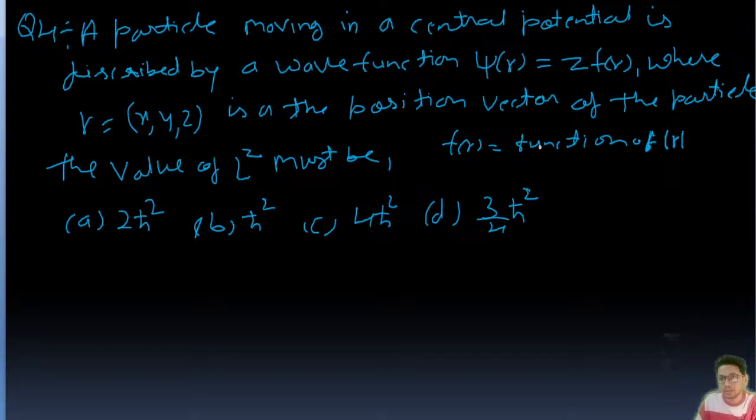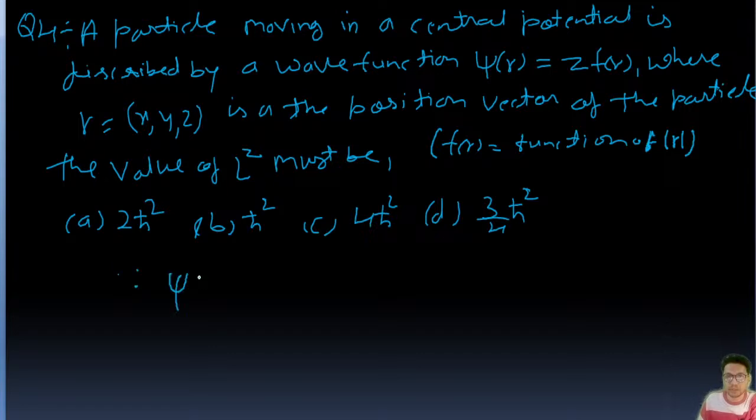Okay, this is also given, and L is the total angular momentum of the particle. So the value of L square we need to find out. L square is the square of the total angular momentum of the particle. So now we have to solve it. So we have been given,